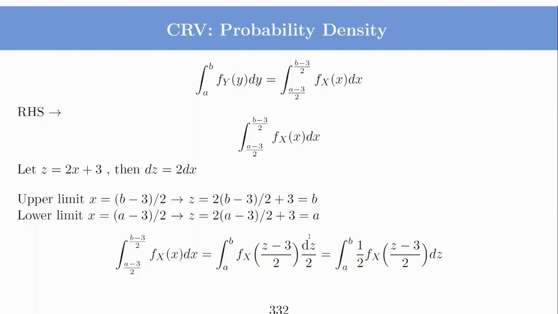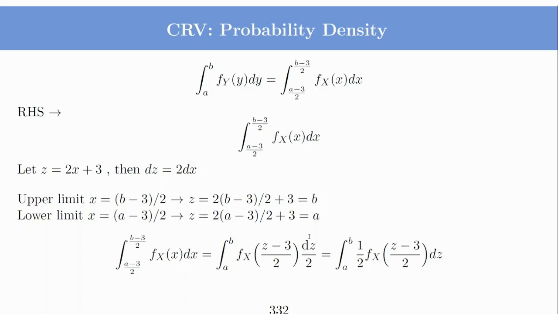First, notice that to be able to tell anything about the inner term from the integral, we have to first make sure that the limits are the same on both sides. Then we can compare the inner terms. So let us take the right hand side. To make the lower limit a and the upper limit b, if we multiply by 2 and add 3, the lower limit will become a and the upper limit will become b. That is easy: because it is divided by 2, you multiply by 2 and add 3 to get a. Similarly for the upper limit.